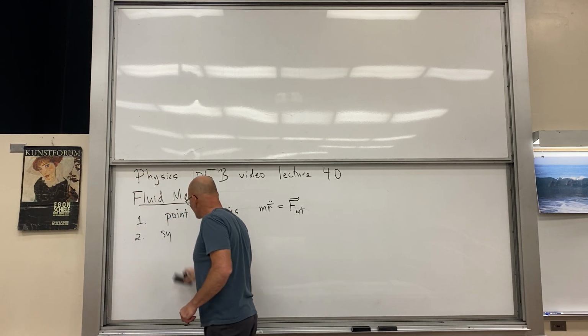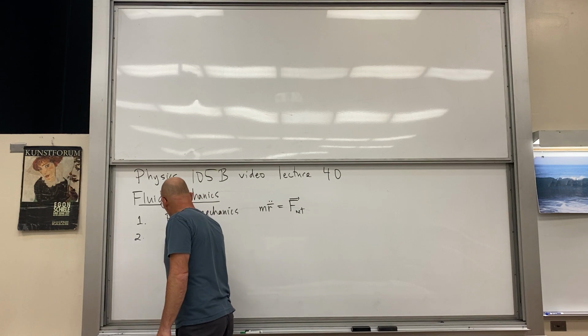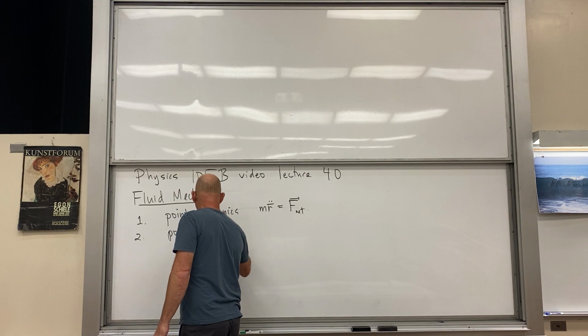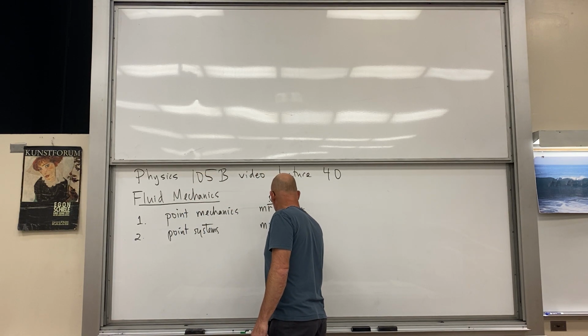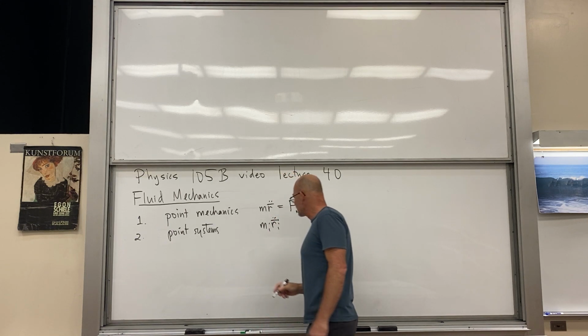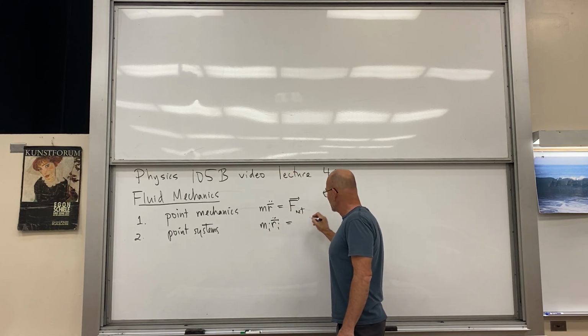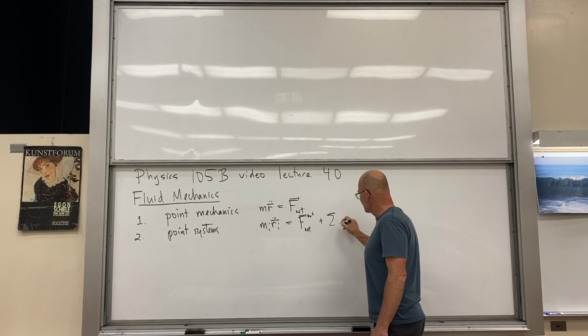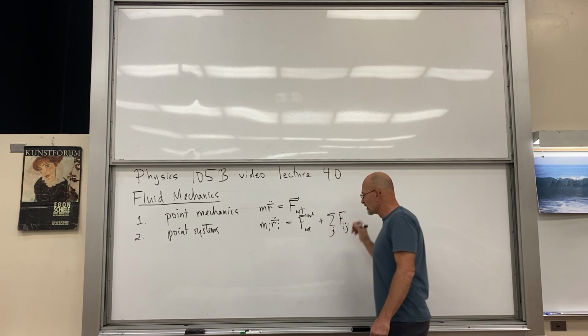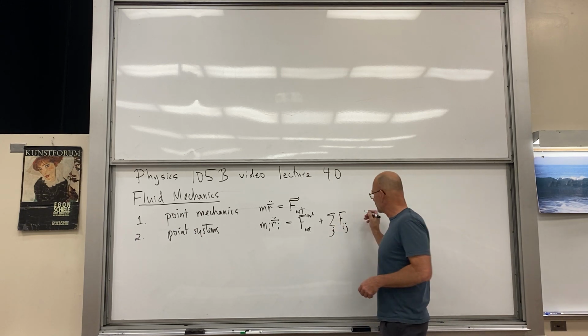And then we can go from point mechanics to systems, or what we call point systems, systems of point particles. And then we'll just add a subscript here. So we've got a system of point particles, and we could say we had an external force plus all of the, let's call that J, all of the internal forces as well. So Fij,